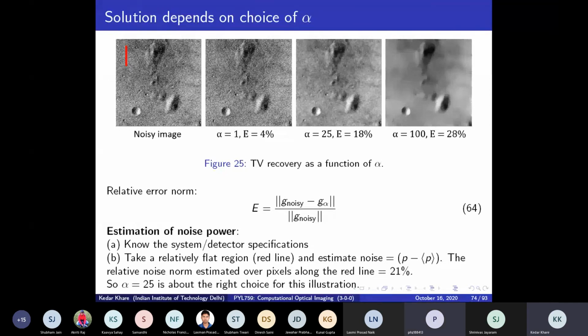Now, I can choose other penalties. For example, there are penalties using wavelet basis, or penalties which try to look for structure in the image and preserve it. But all of them will have some aspect of having the gradient in the penalty function. Right now I'm just focusing on TV because it's very simple to use. But at some point later in the class, I will also try to show the effect of TV versus some other penalty function.